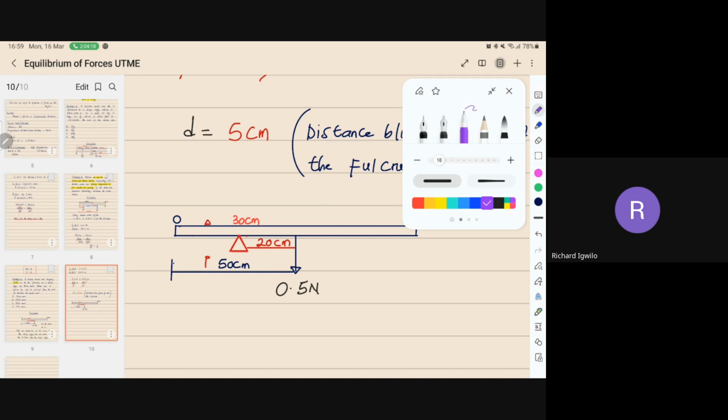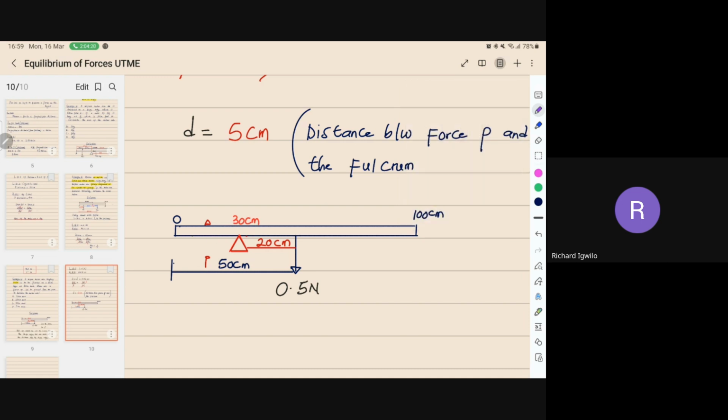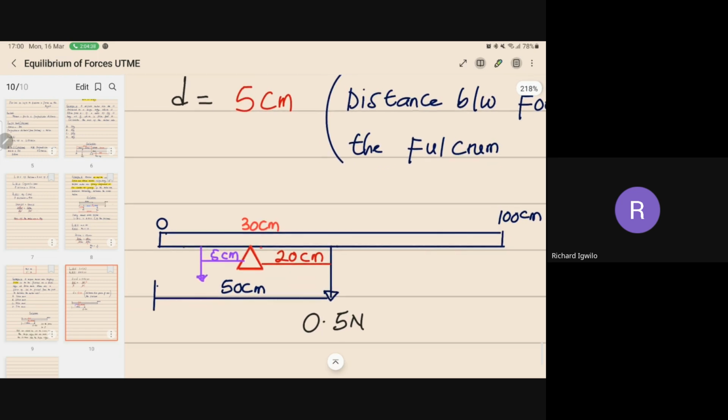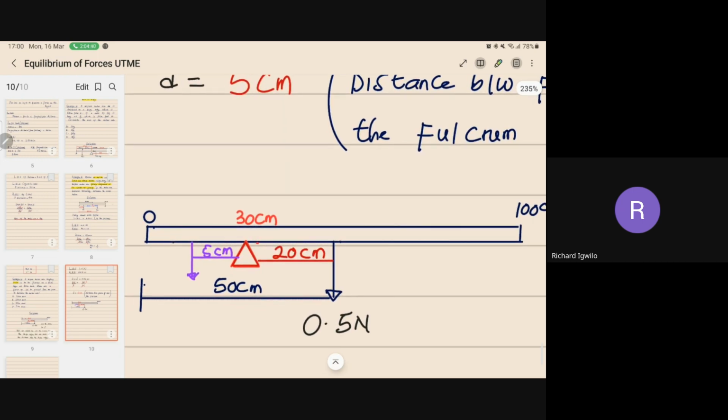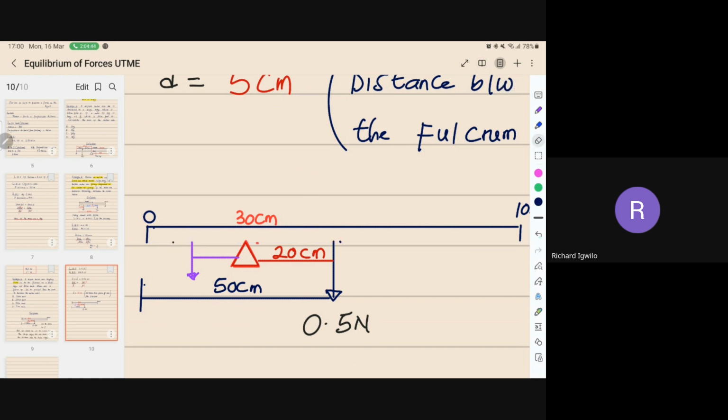So the force P is at a distance of, this is now where my P is. P is now at a distance of 5 centimeter, I mean to say. This is where P is. P is now 5 centimeter away from the pivot. Right? So what will now be the mark on the meter rule? Can someone tell me now? What will now be the mark? At which mark will this thing be now? Since the distance from here to here,